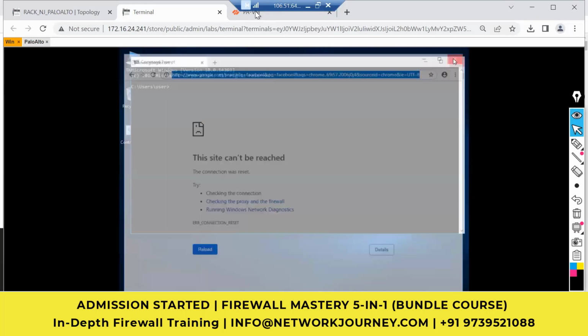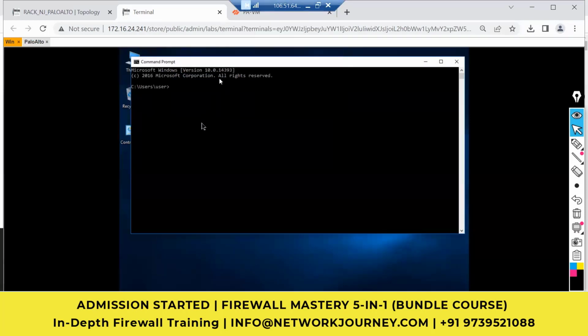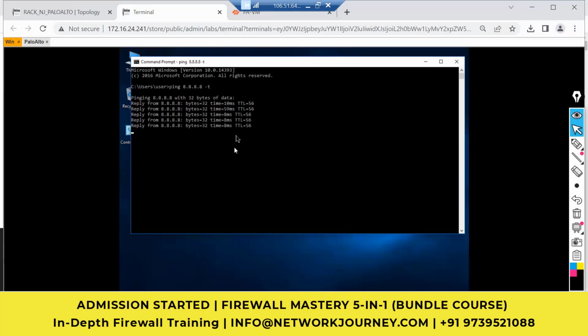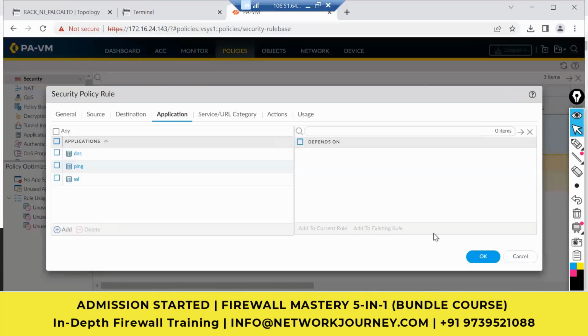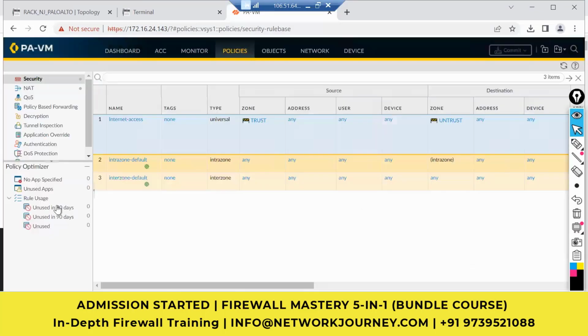Okay, let me just show you that. I hope I will not be able to show you anything because I have just tried pinging something, and ping has an idle timeout of 1 second. So as soon as the ping is cancelled, I should not be able to see anything on the logs. So it will be timing out. So I am running a continuous ping now, and if I go back to the monitor,